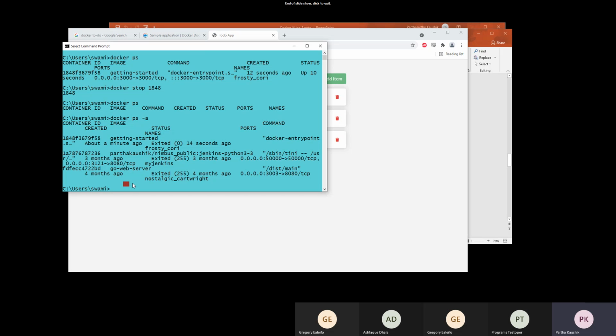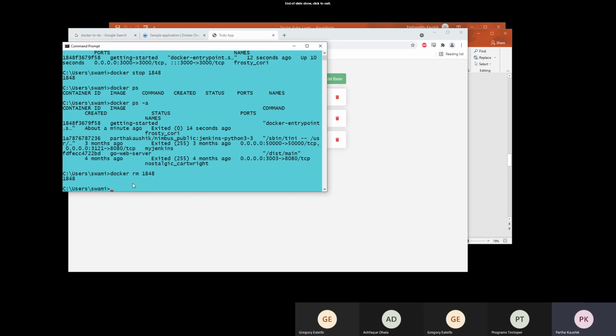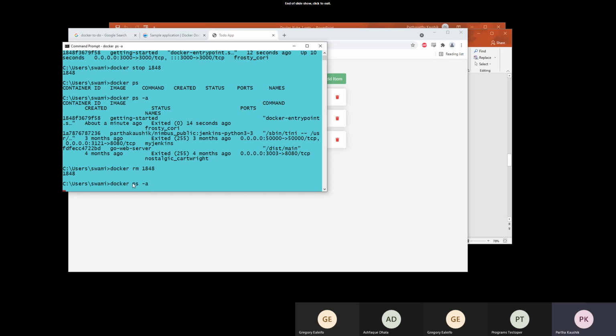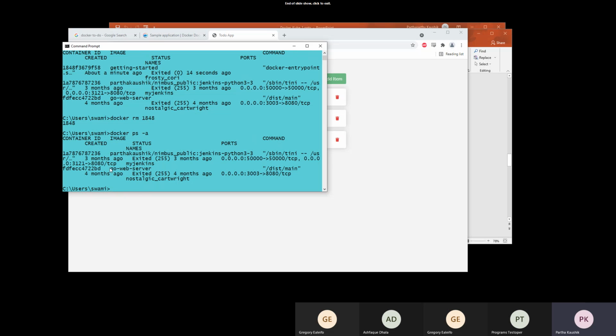I'm going to do a Docker RM minus F. RM is sufficient. The ID is the same, 1848. So now I'm erasing the container from my system. It's gone. If I do a Docker PS minus A again, I will not see it. It's no longer there. But then if I run the same command again,